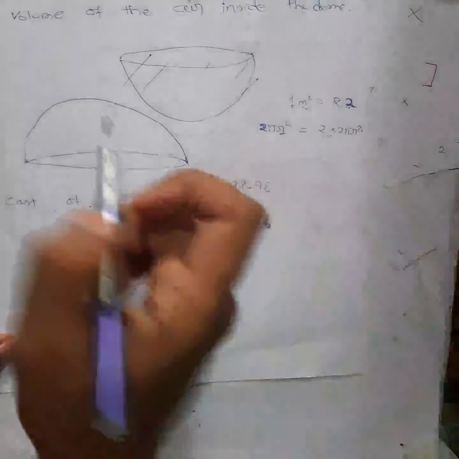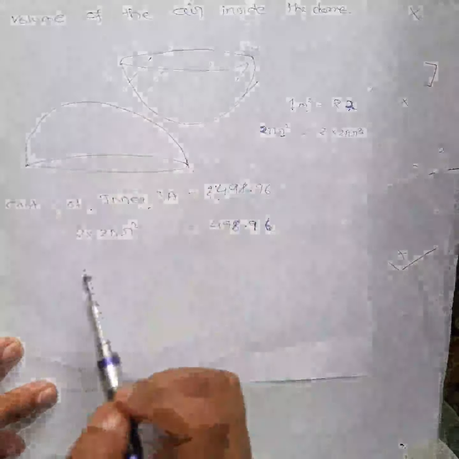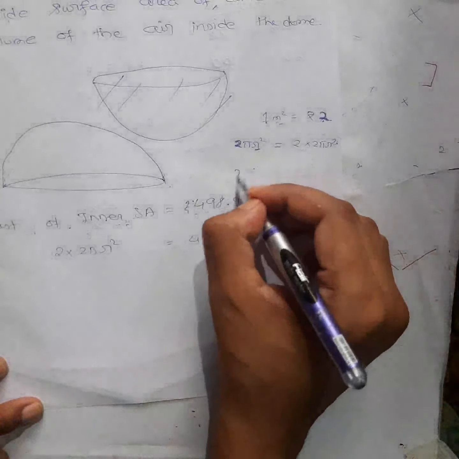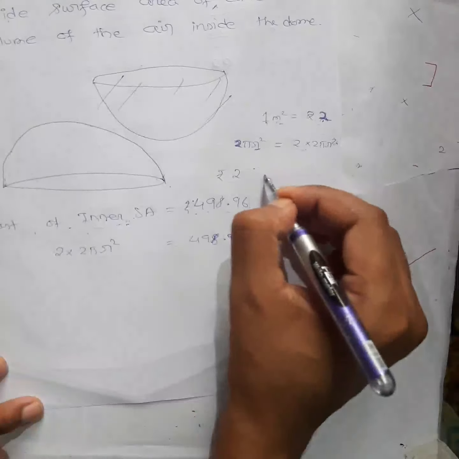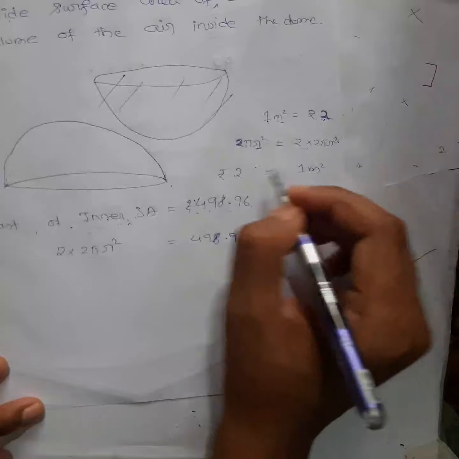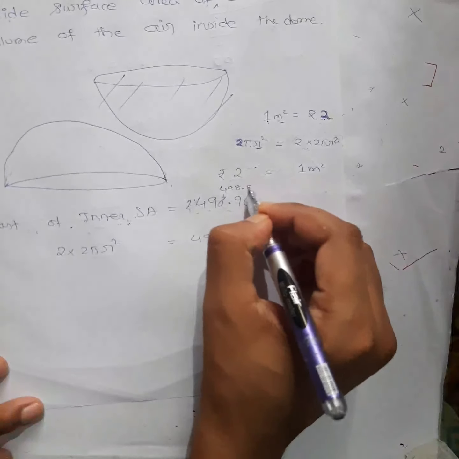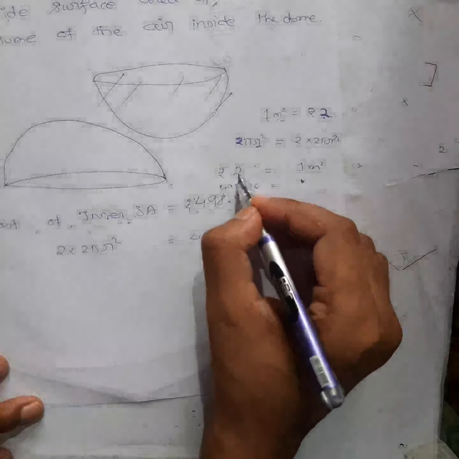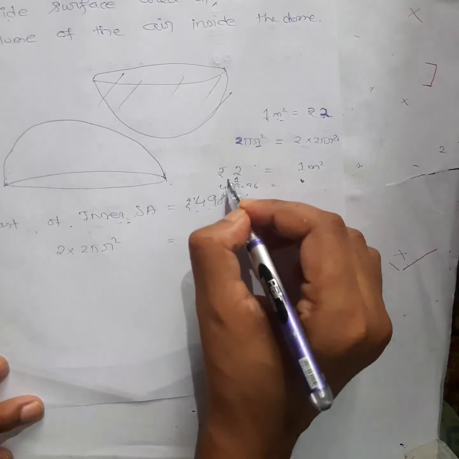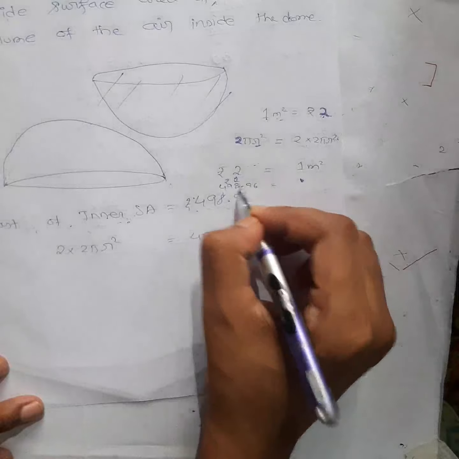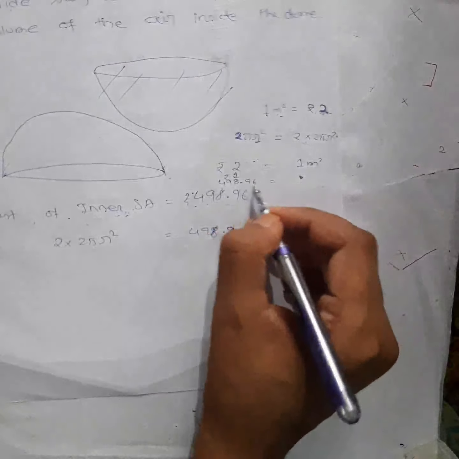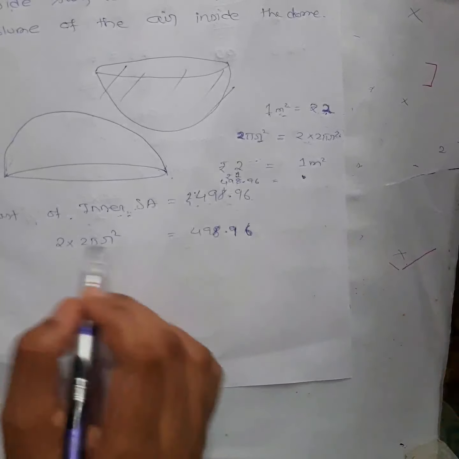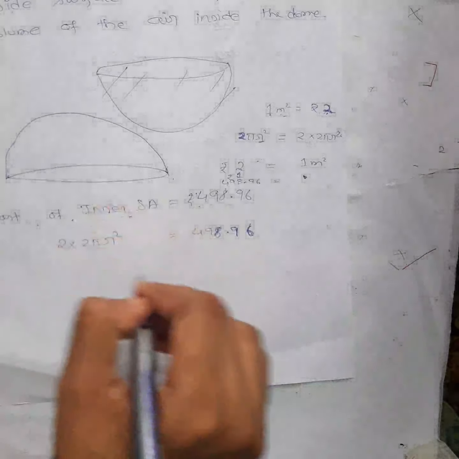Now there are different ways to solve this problem. You have already seen this kind of question; we have done it in a different way also. We have written there 2 rupees for 1 meter square. So for 498.96, what will be the area? You have to find out. Chocolate problem, remember, from 2 first find for 1 rupee. So from 1 rupee you can easily find out how much 498.96 will be. Or you can do it like this also. Obviously this will be the lengthiest.